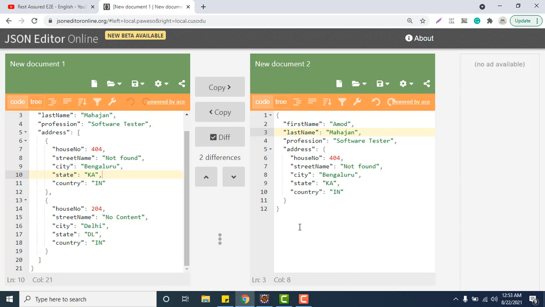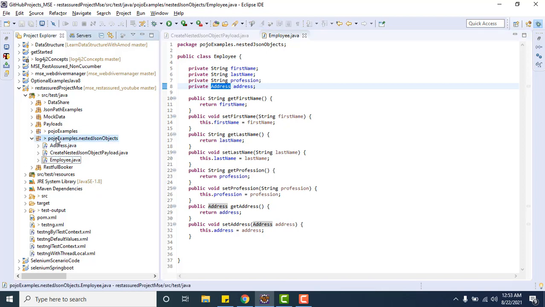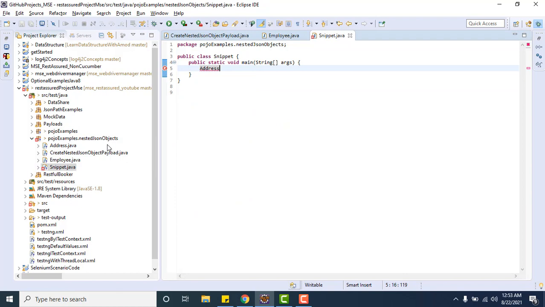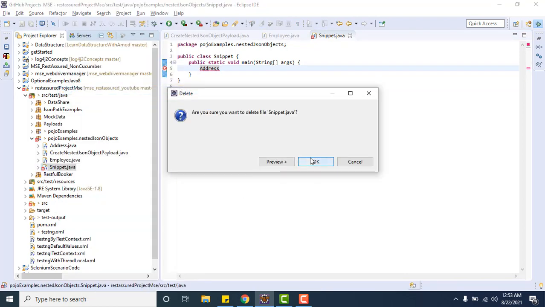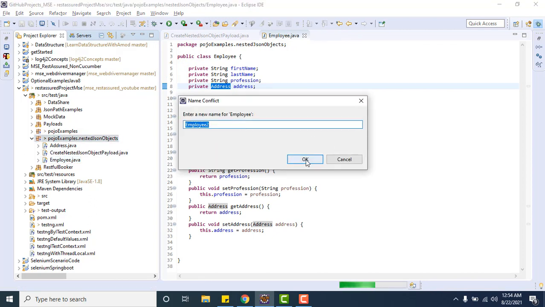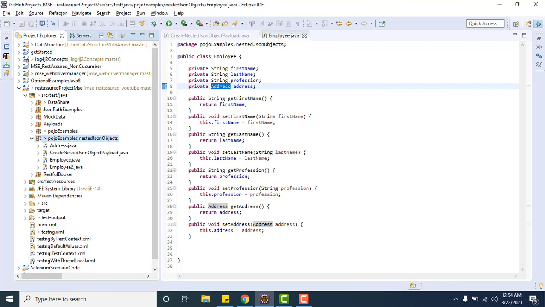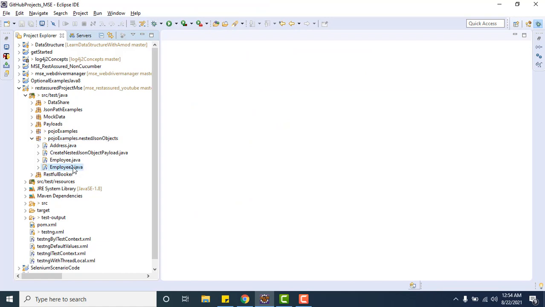provide. So let me clone the Employee Pojo class, Control C and Control V. This time let me open that Employee2 class.